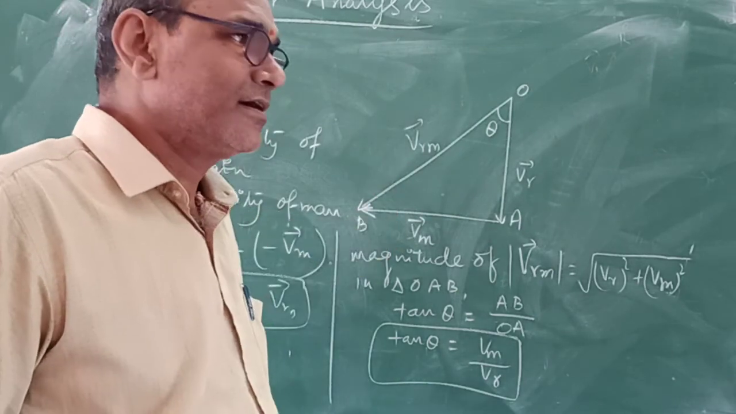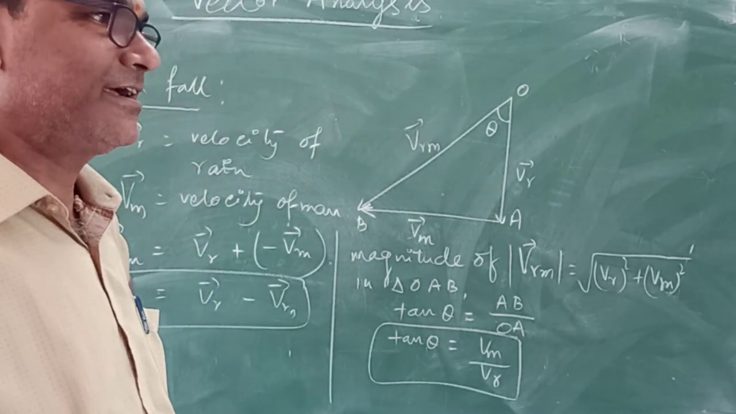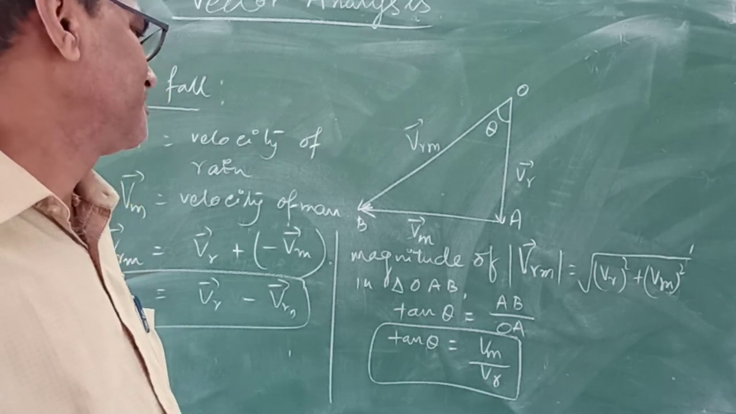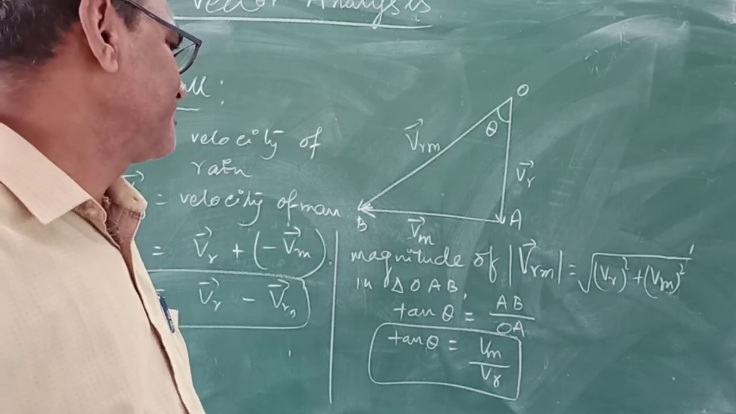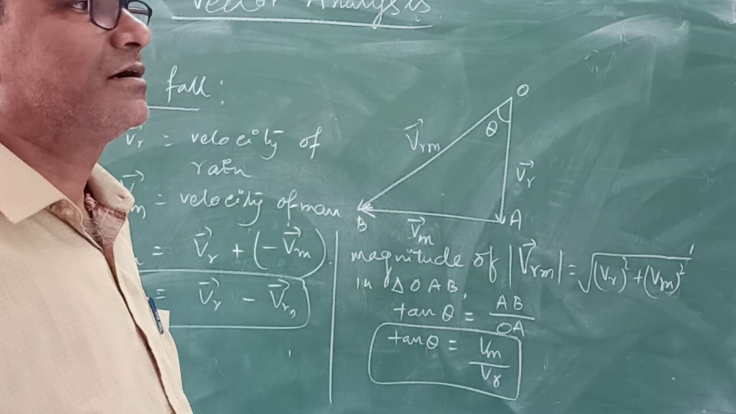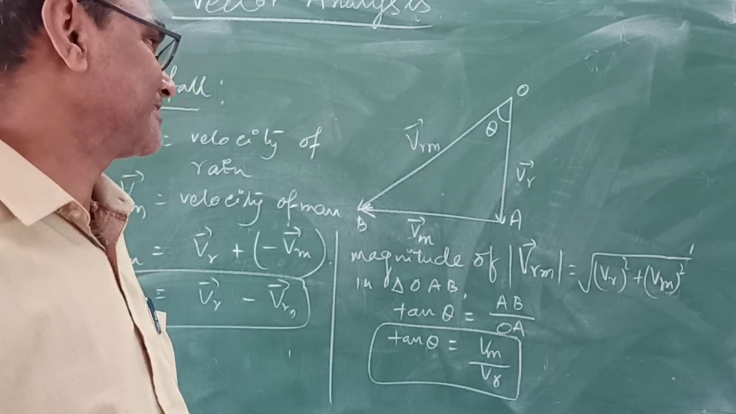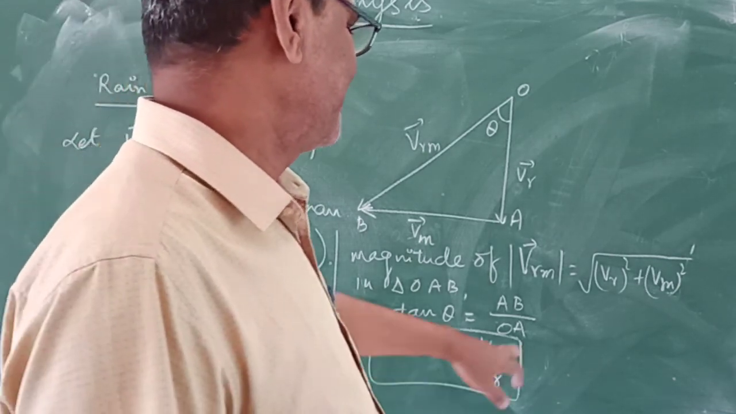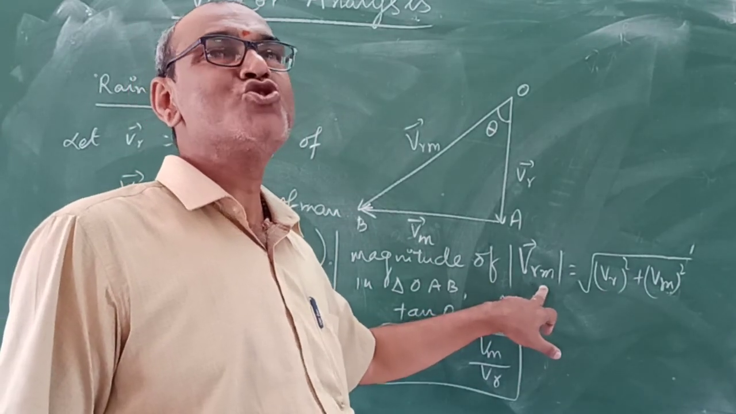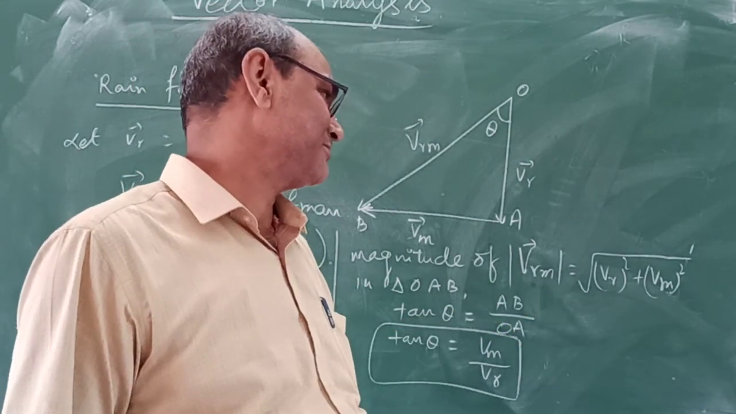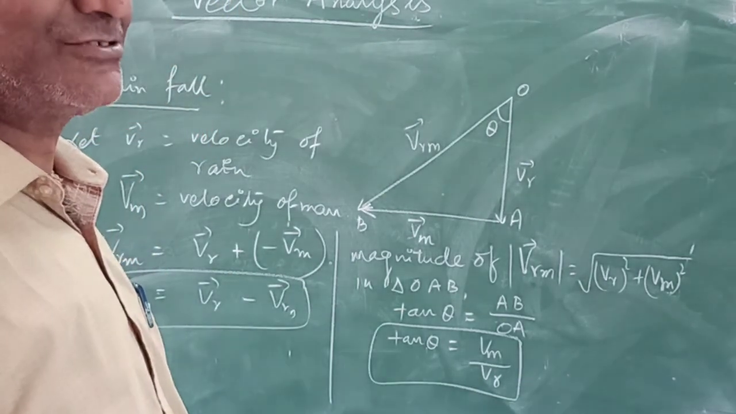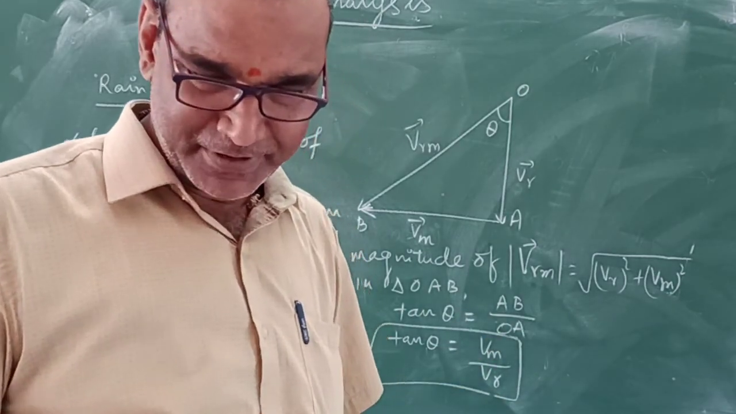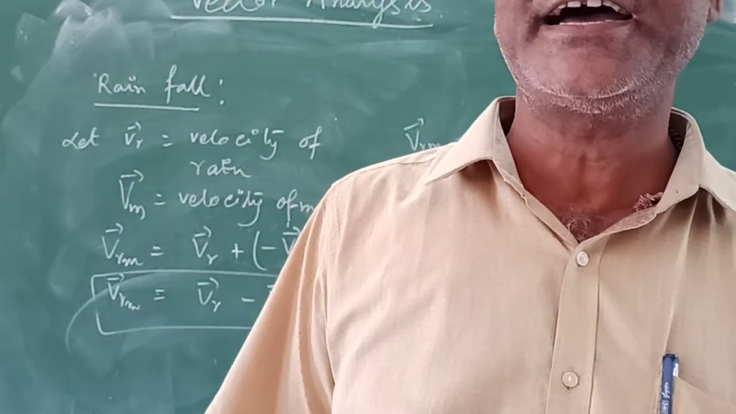Suppose a woman rides a bicycle and rain is falling vertically downward with a velocity of 10 meters per second, and the woman is moving from one direction to another direction. In which direction should she hold the umbrella to protect herself from the rain? Then the relative velocity of rain with respect to woman is equal to root under Vr square plus Vm square. And the direction, in which direction she should hold the umbrella, is given by